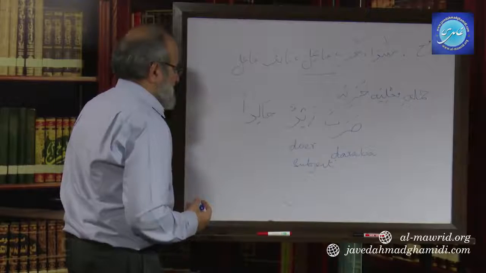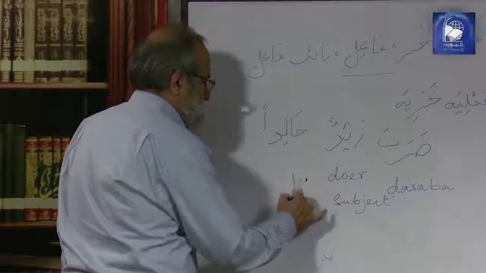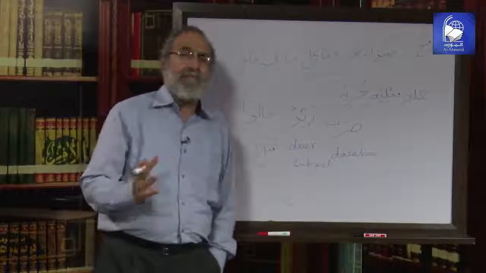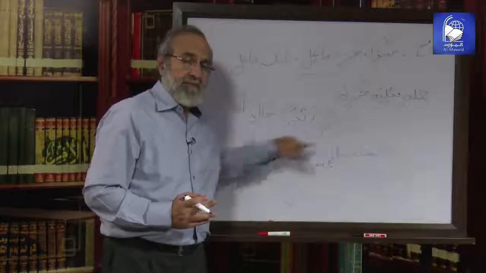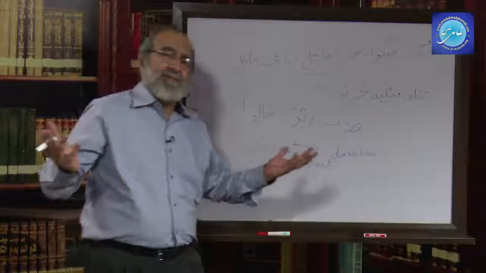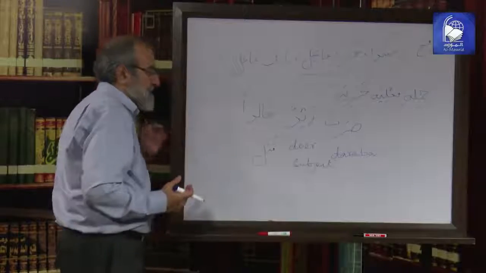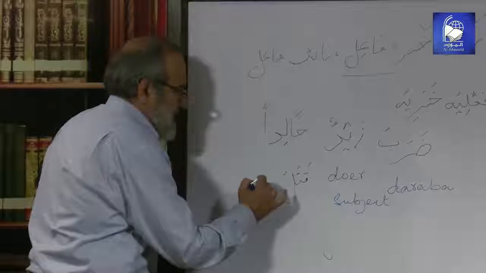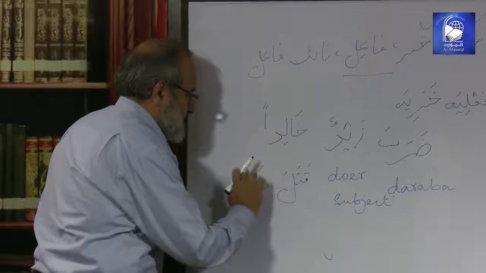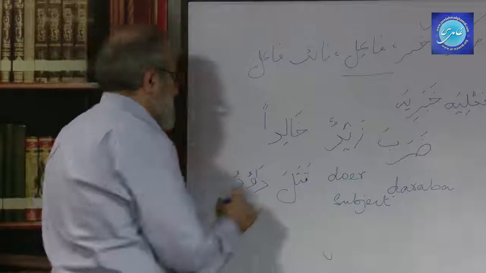Let's take another example. Let's say in the Quran, for example, you have qatala. This is another verb. Look at the similarity. Dharaba, qatala. Almost the same, except for obviously the differences in the letters, the alphabets, but it's the same formation. He beat up, he killed. Qatala Daudu. Daud killed